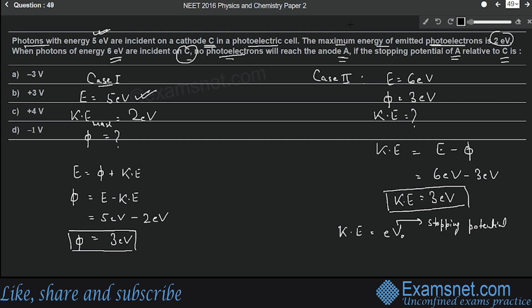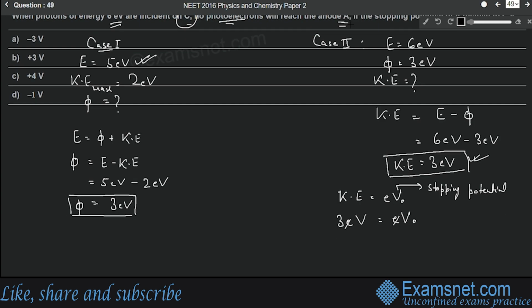So kinetic energy is 3 electron volt. 3 eV equals eV naught. So e is cancelled. What will be the value of V naught? V naught is equal to 3 volt. Okay, V naught equals 3 volt. This is the stopping potential, but this is the stopping potential of C with respect to A,